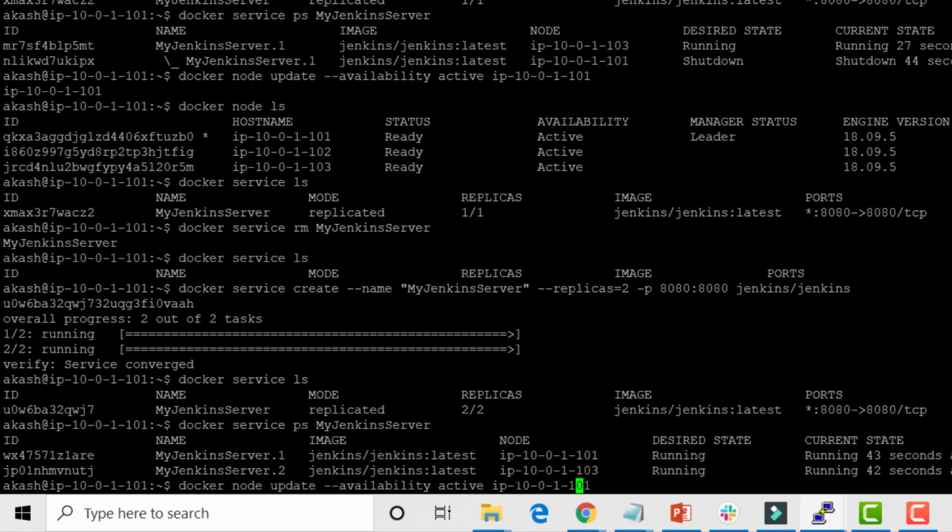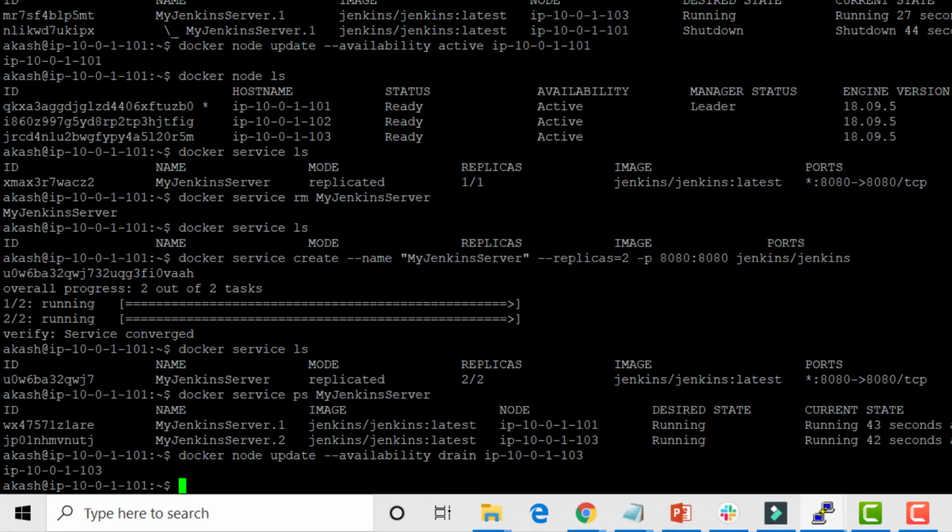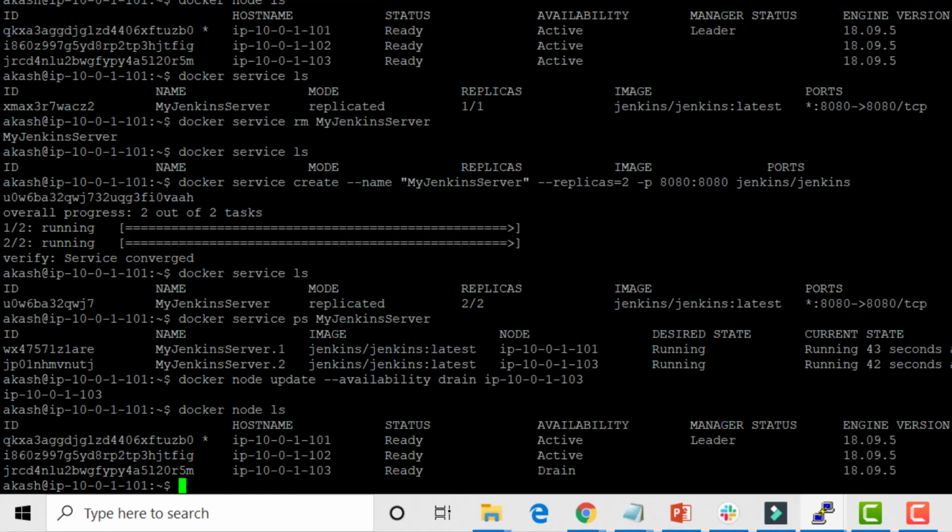If you want to update one of the worker nodes as stopped, I'm just taking the example of drain on the worker node. Either you can also manually go and delete this particular machine, just to show an example of high availability, that if something goes wrong with any of your machines, how your docker swarm is going to manage that particular service. In this case I have just stopped the second worker. If you see docker node ls, you can see that my second worker is in a drain state now.